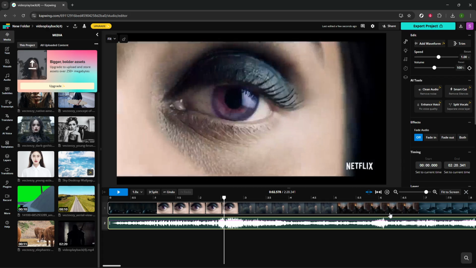Same steps can be easily applied if you're editing another project, allowing you to quickly use Kapwing's features for more